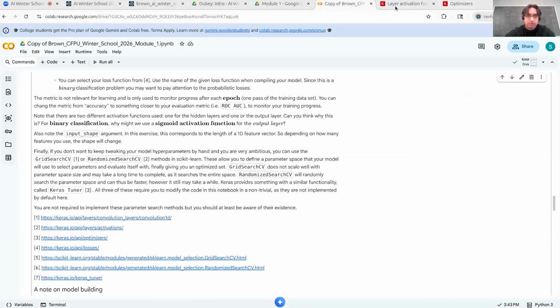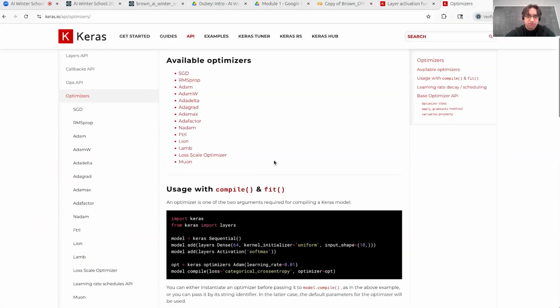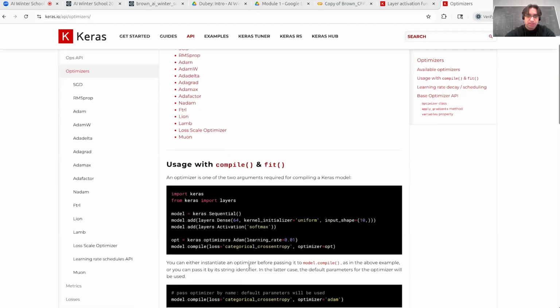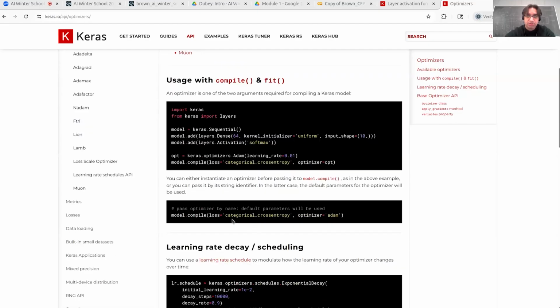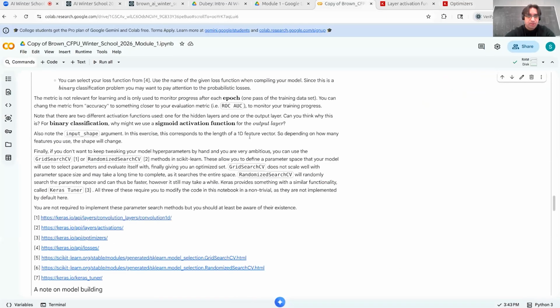And then you also have loss functions, which you can also choose. Because we're doing binary classification, we'll use binary cross entropy. Okay, everything you need here for Keras and scikit-learn, please look at that. Finally, we won't do this, but I just want to mention, if you don't want to keep tweaking your model hyperparameters by hand,